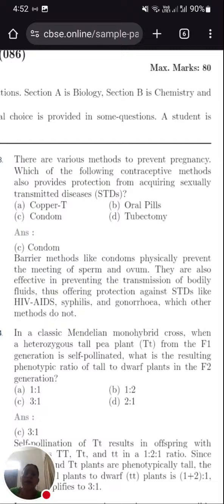It will become infertile and lose its fertility. Thus it is avoiding fertility. Then the next one, tubectomy, vasectomy. So this question is very important for long questions also, like what are the various methods of